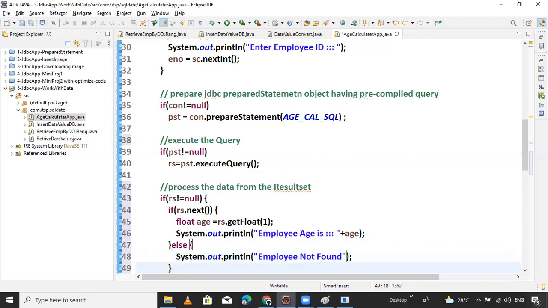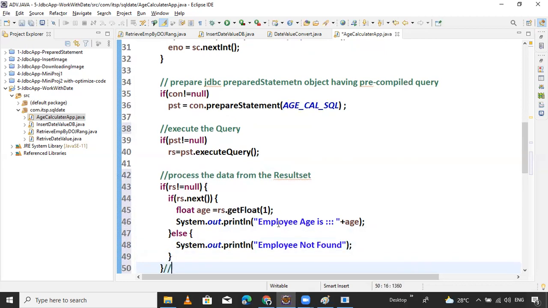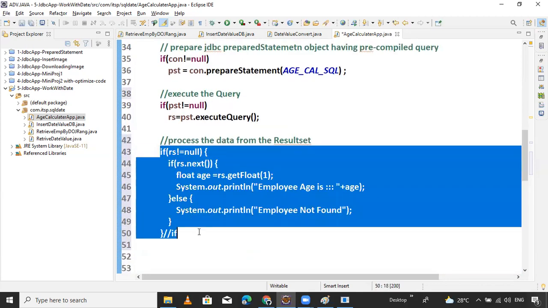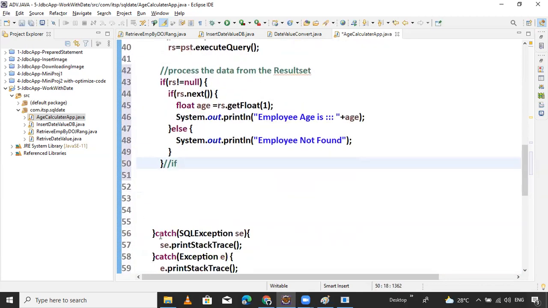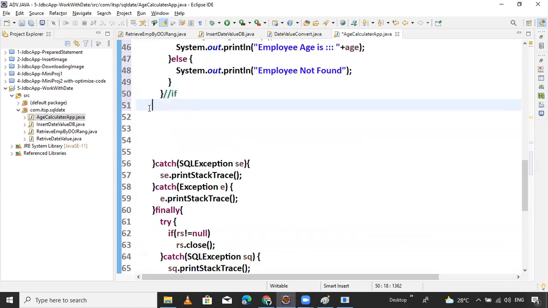Now here close the main if block. And here close the main try.